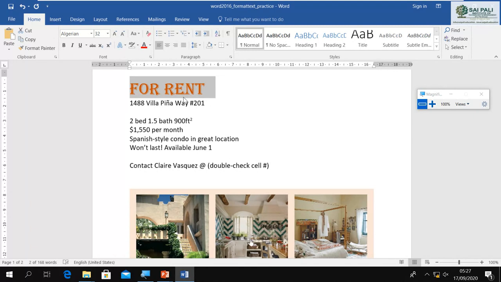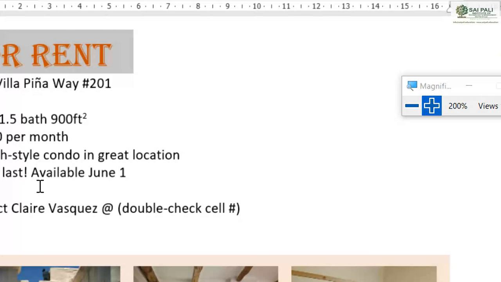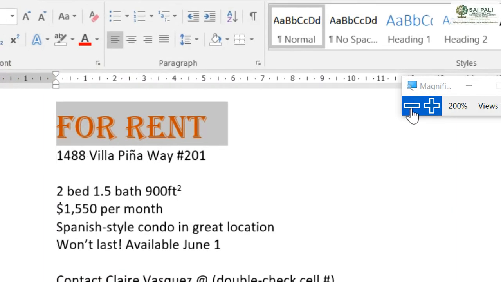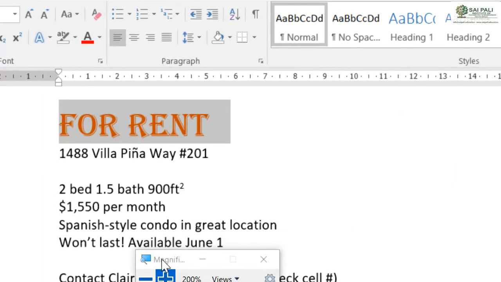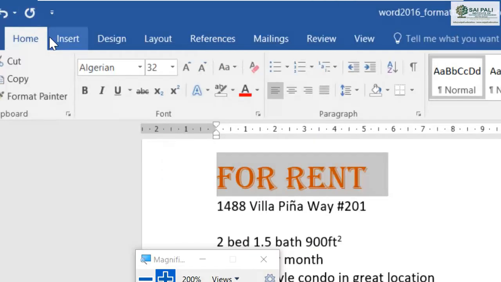We have 4 options for alignment available by default in our ribbon. So if I want to align the text, first I will select the text which I want to align, and then in the Home tab we have a Paragraph group, and in the Paragraph group we have these commands.